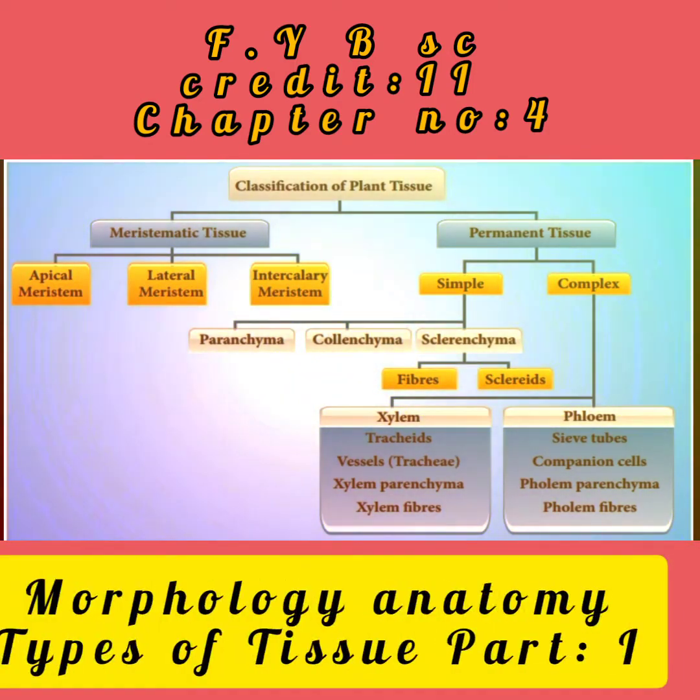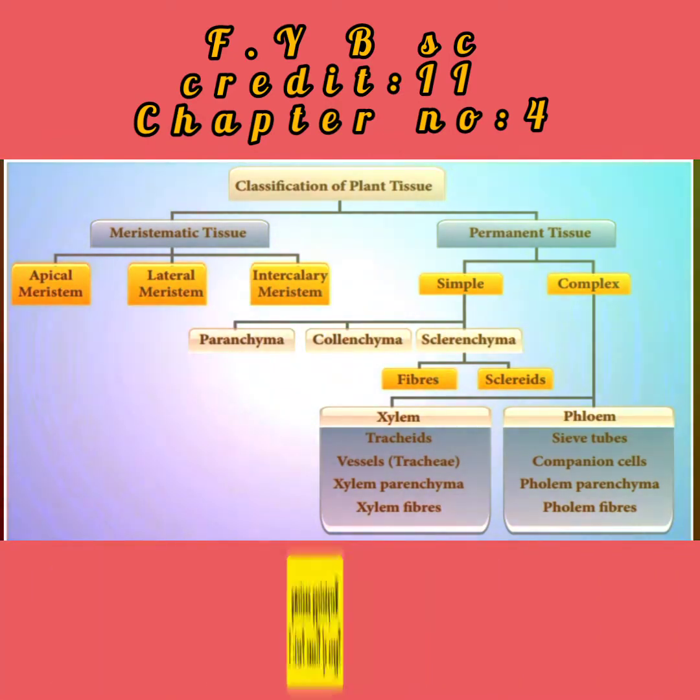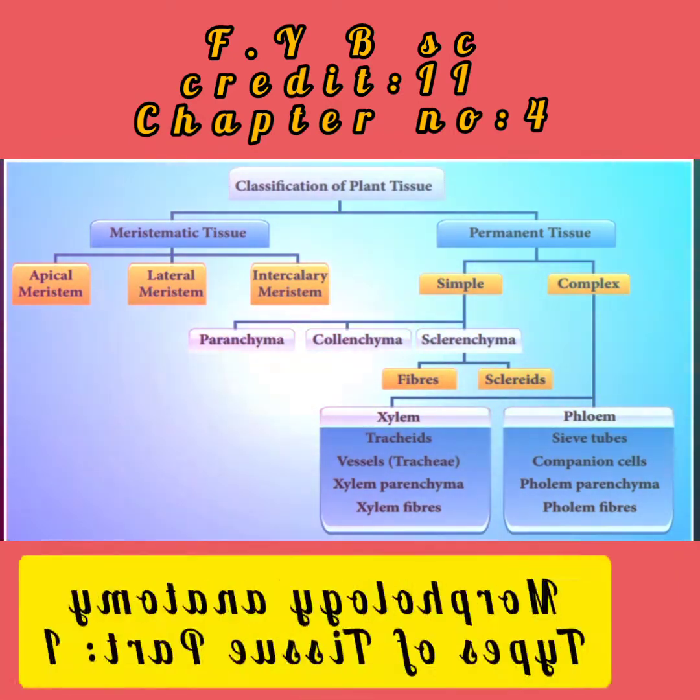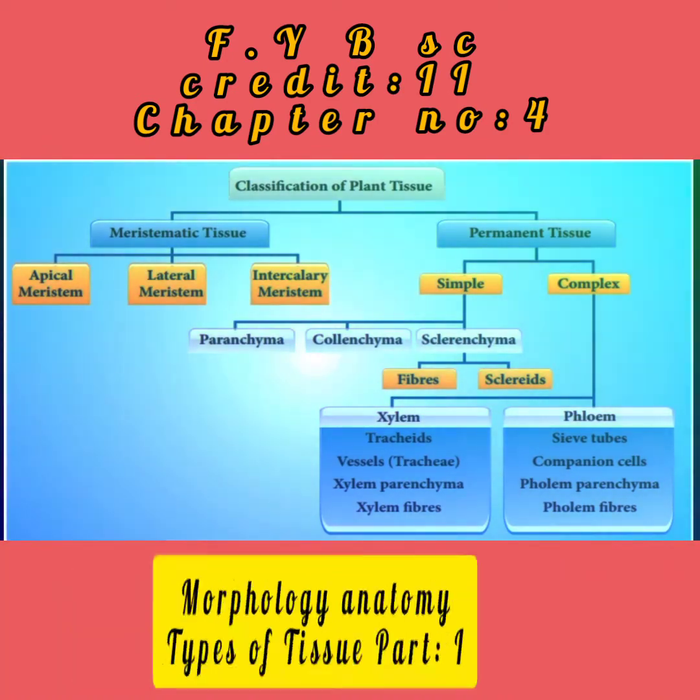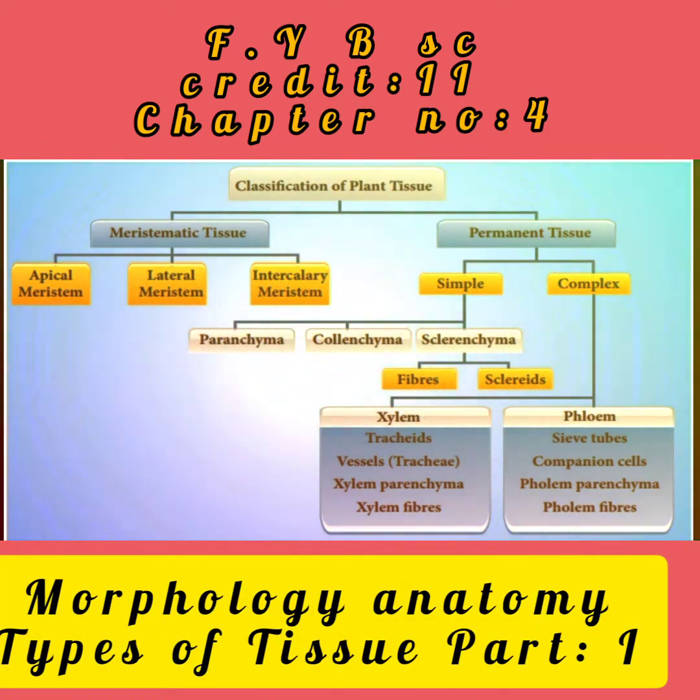That is the first point, meristematic tissue. The second type is permanent tissue. Permanent tissue is classified into two types: simple tissue and complex tissue. The simple tissue is classified into three types: parenchyma, collenchyma, sclerenchyma. Complex tissue is classified into xylem and phloem. And there is one other special type, the epidermal tissue. Epidermal tissue is nothing but the tissue present on the outside of a plant organ, that may be epidermis, stomata, trichomes, or any such parts.